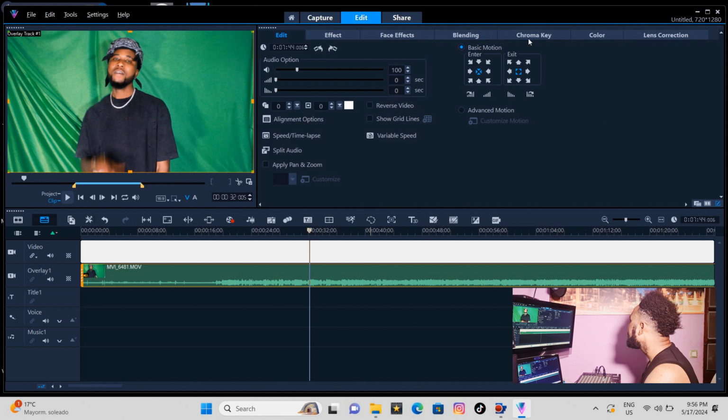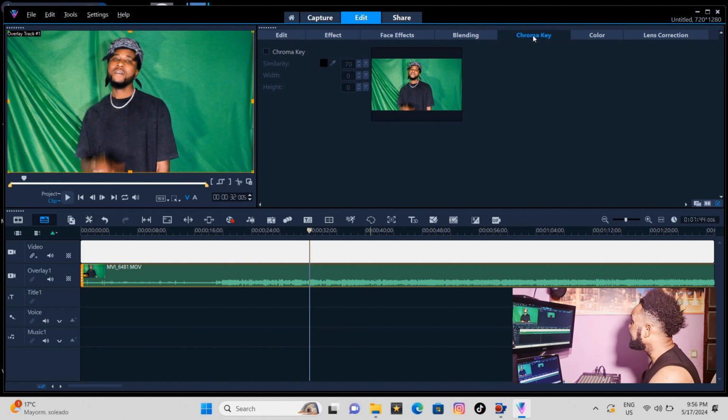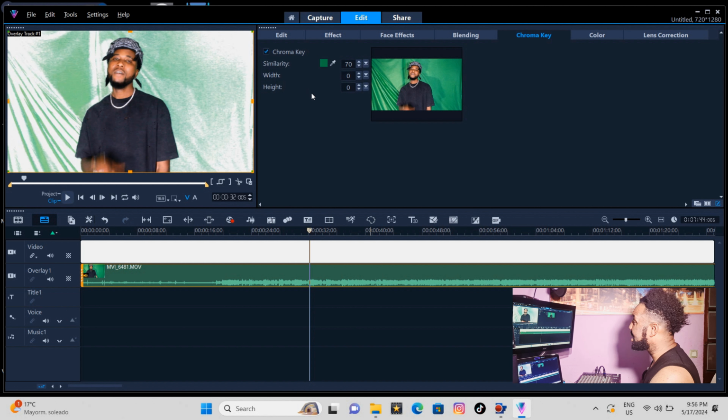Say chroma key. So you have to click on this chroma key. Then you click it. Then there's this icon here. First thing, you have to click this icon, chroma key, for it to show. Then you click on this chroma key. Sometimes you have to click this icon to choose the color that you are going to change, but I am not going to use this one. This one is the fastest way.